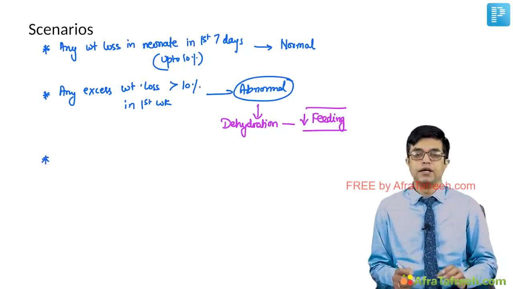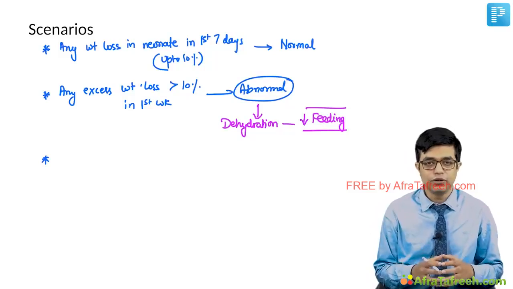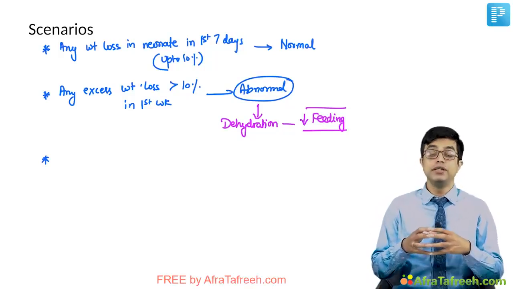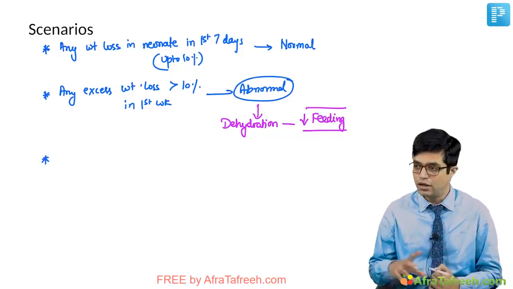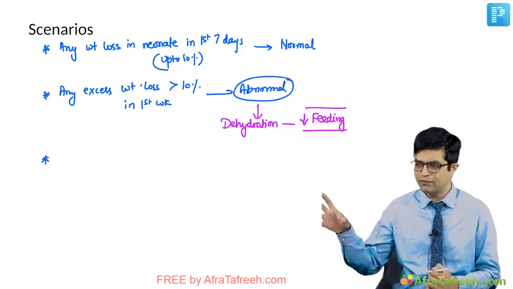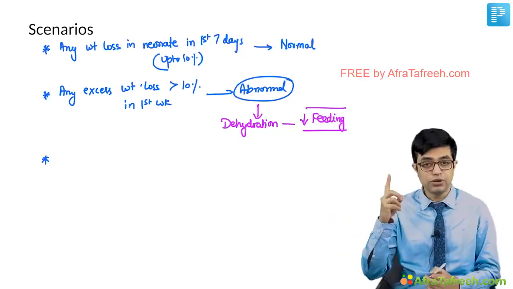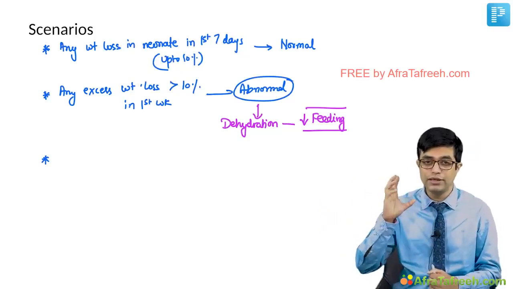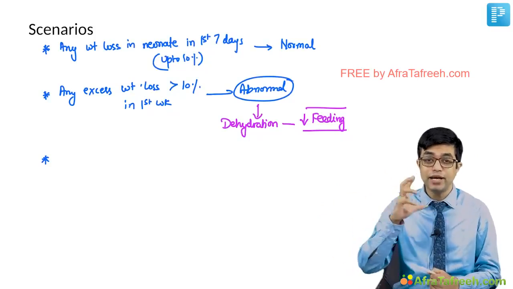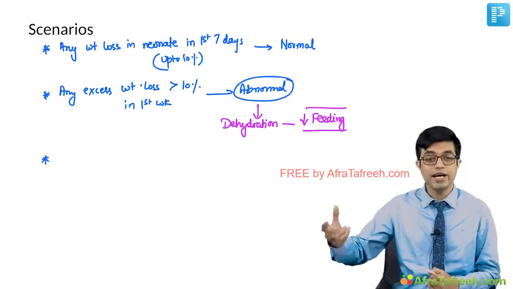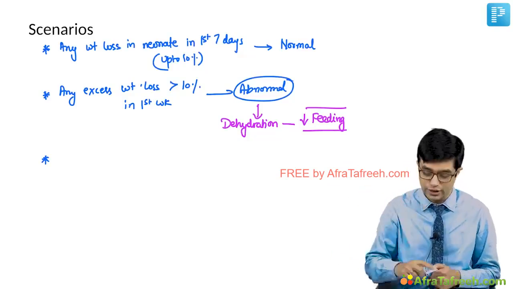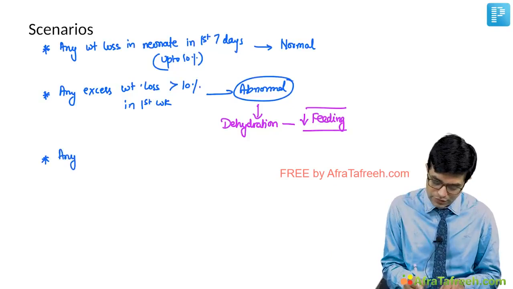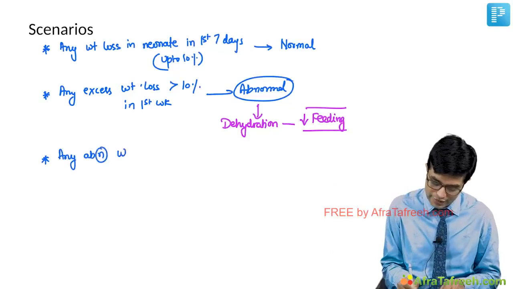Third scenario. Child was born at term, weight is 3 kilogram, but on day 3 of life, weight found to be 3.5 kilogram. Layman would think, okay, child is gaining weight. But you know, child should lose weight normally in the first 10 days. If there is excess weight gain happening, and that too 500 grams, you should think of fluid retention in the child. So any abnormal weight gain in the first week of life